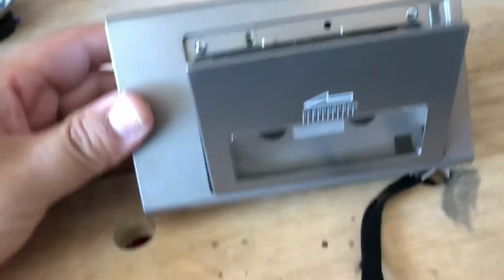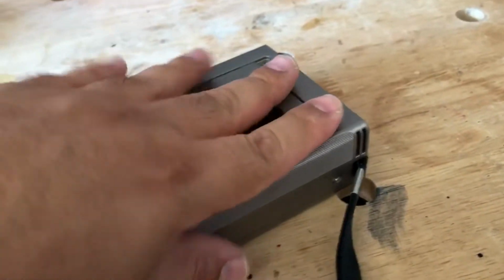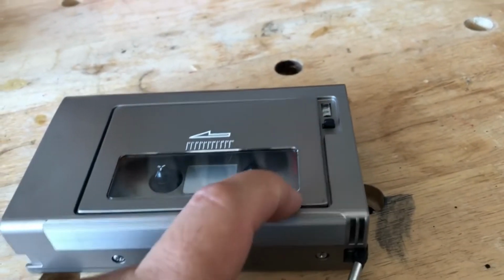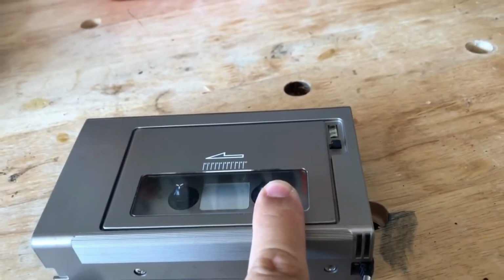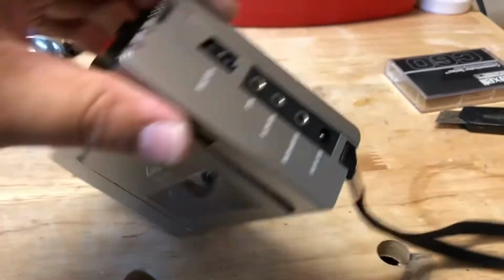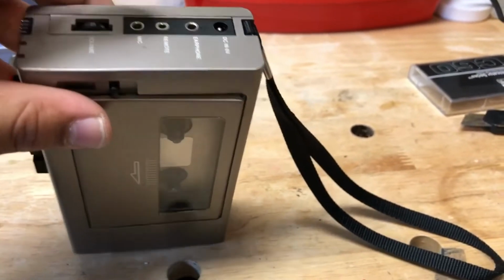The door does close, but you have to kind of push it in, and there's a little bit of the door coming out because it's not pressurized to stay shut. The headphone jack, I think I only get one side that's giving me any sound, so we're gonna try to